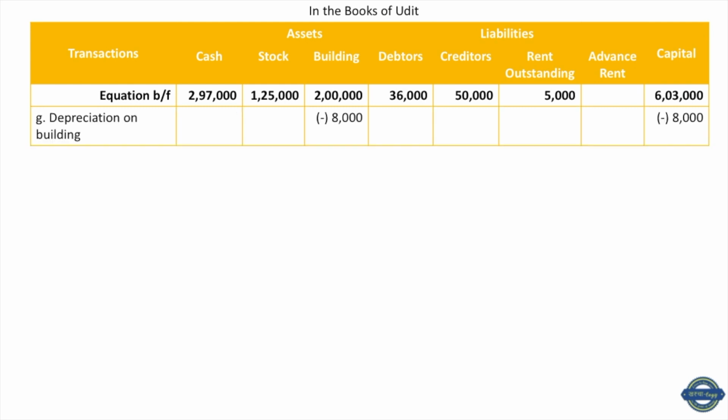Then depreciation on building. Firstly, let's understand what is depreciation. We have not discussed this yet in any of the videos. Depreciation represents a wearing off of an asset. What does this mean? You purchase any asset, you will use this for years to come. That means if you're using an asset, there will be some wear and tear. There will be even if you're not using it, it has become old. Since you're using this, you have to write this off. You have to expense this against the revenue.